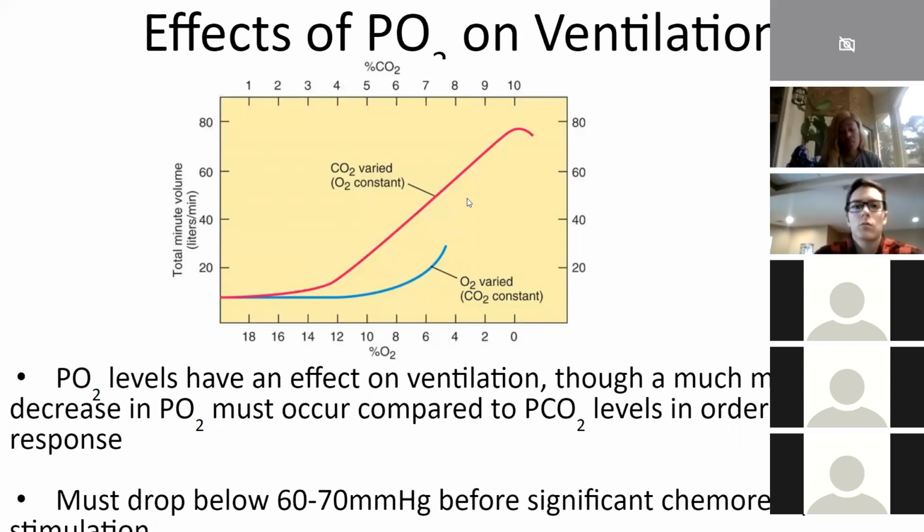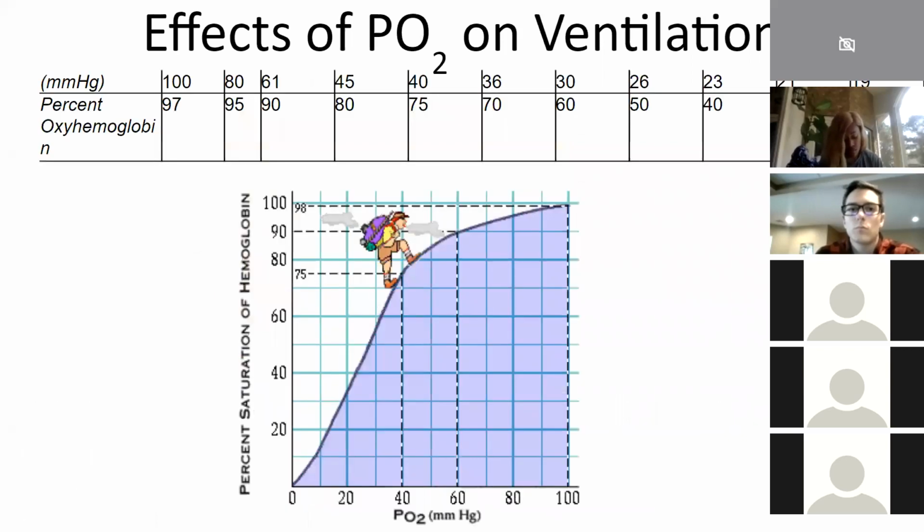So the idea there is that the body uses CO2 as a measure over O2, and it actually makes a lot of sense because the structures in the body that are detecting CO2 and O2 are found bathed in fluid, be it interstitial fluid or plasma. They need to be detecting something that's in fluid. And oxygen, frankly, is just not really dissolved that much in plasma. There's a little bit in there, but the amount of oxygen in that space is so little that it doesn't make sense to use it as a great marker of what the body's needs are.